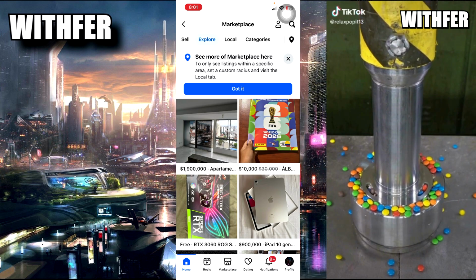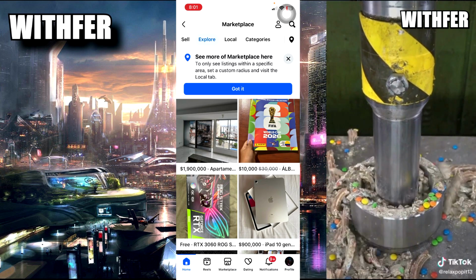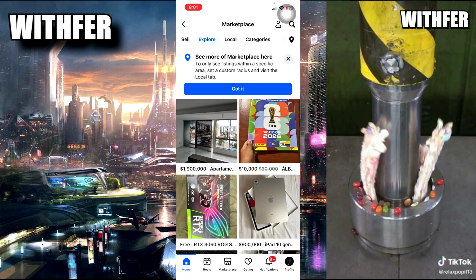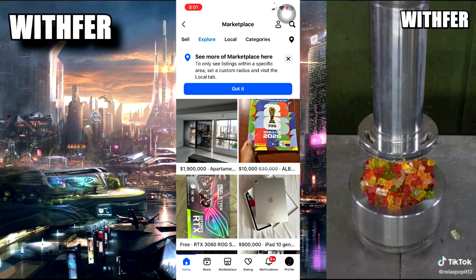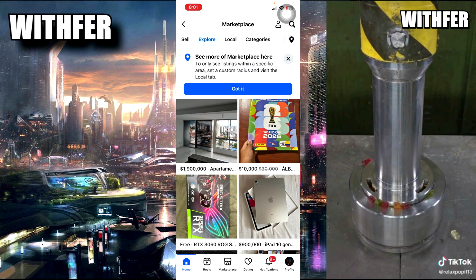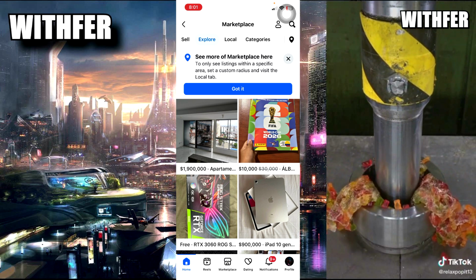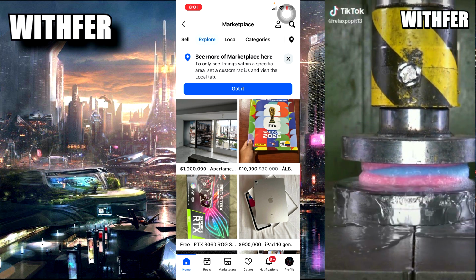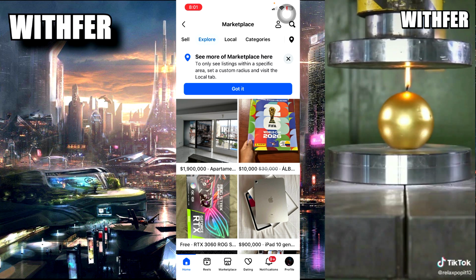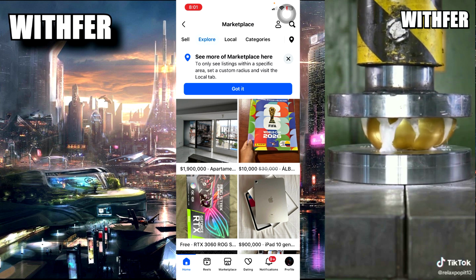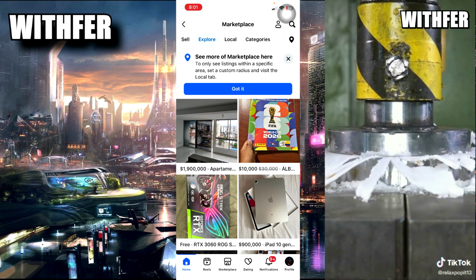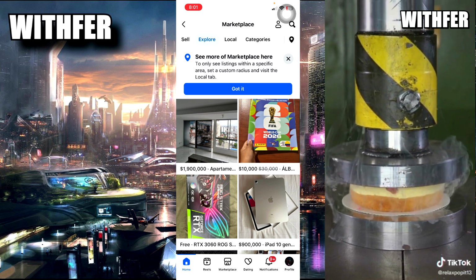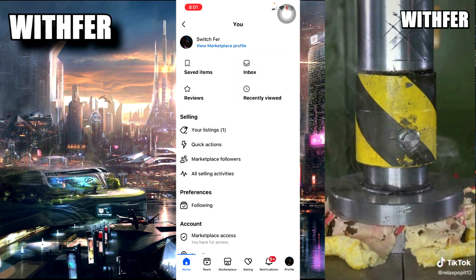Now if you don't see your Marketplace here, you need to add your telephone number and your email in your settings, okay? In your personal information you need to have that information. It is like verifying your account, okay? Your identity. You need to add your telephone number and your email, okay? Maybe you have one of both, okay? You maybe have your email or you have your number, but not both. You need to add two, and with that you can touch here, and this is your profile in